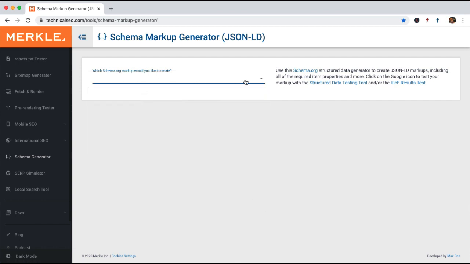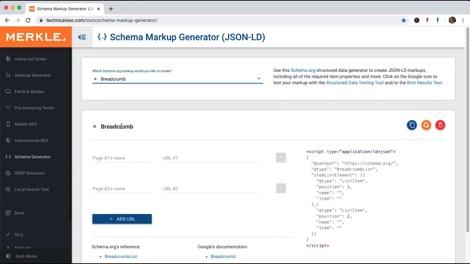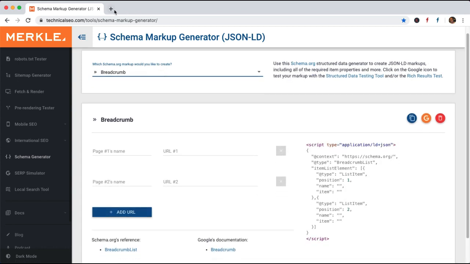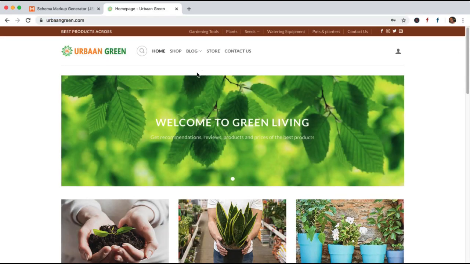Now let me show you how to generate one markup. For example, I'll use breadcrumb. Let us go to our site urbangreen.com, and go to a particular blog.